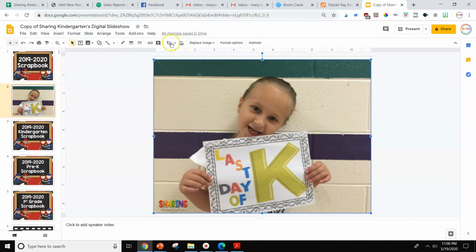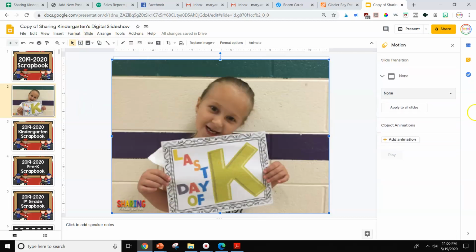Again, you're going to have to mess with the transitioning on here. I don't use Google as much, so I'm not as familiar with how you're going to format it and change it. It looks like you go to slide and you go to transition and you make modifications that way. I'm just not as comfortable with Google as I am with PowerPoint. But the one tip I do have for you